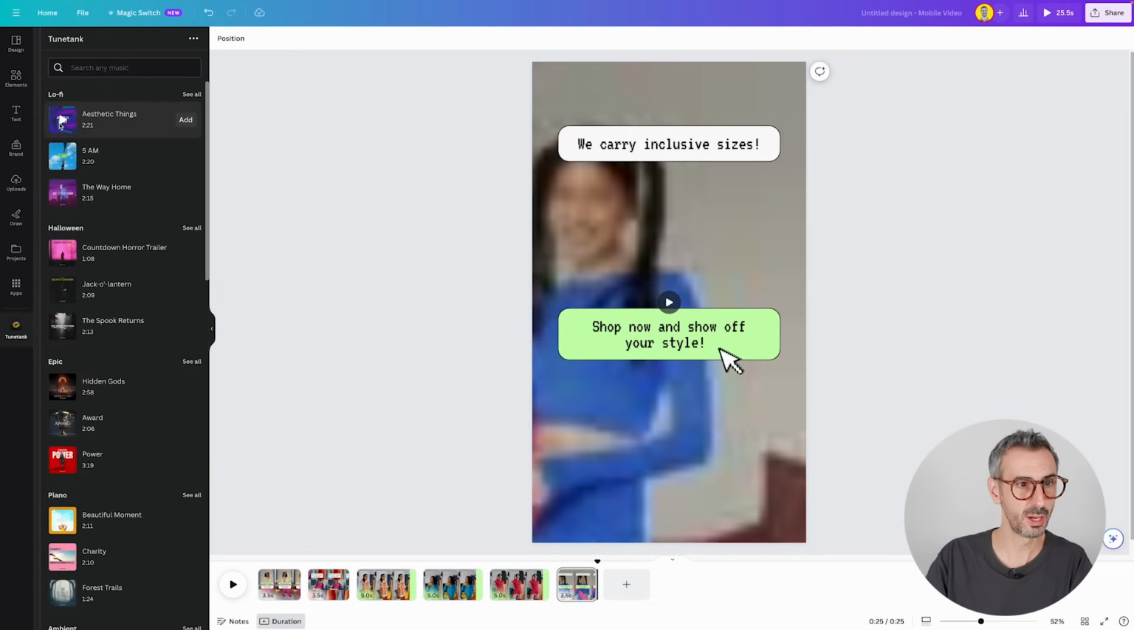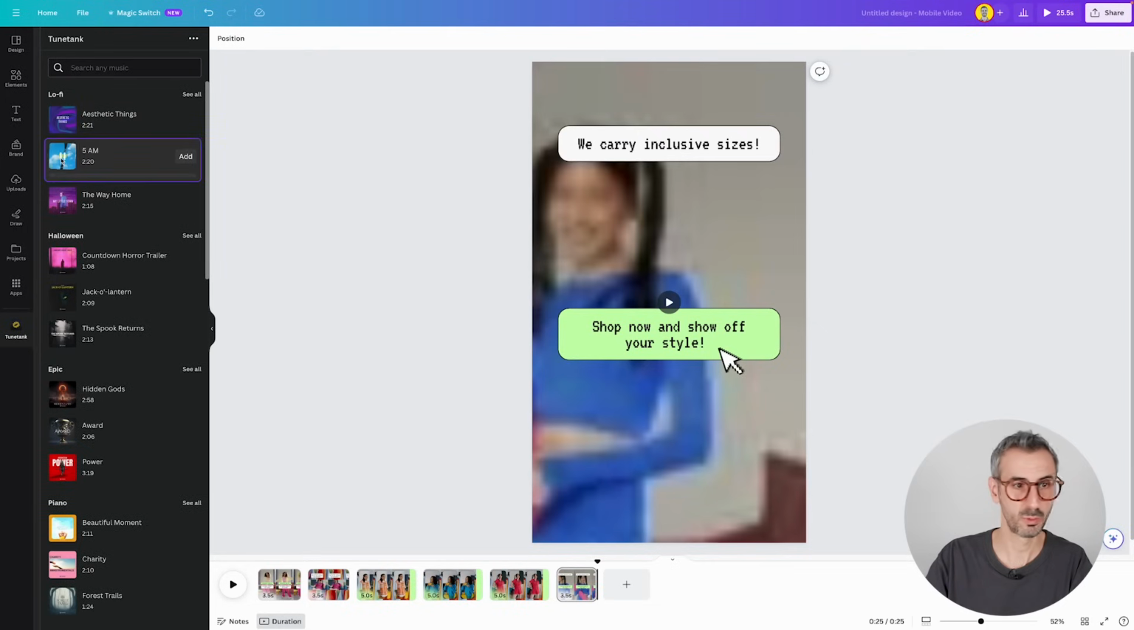You can play the song, so preview the song. If you want to preview this one, for example, just press play. You'll start hearing the song, which is great. You can skip through. Good. You can add the song to your design, which I'm not gonna do just yet because as a free TuneTank